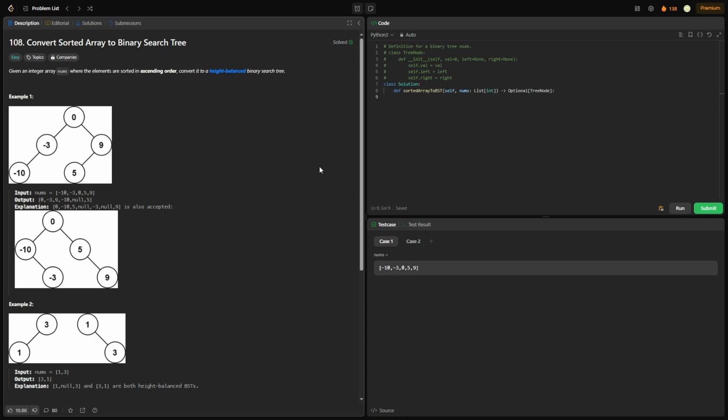What up, everyone? This is LeetCode 108, convert sorted array to binary search tree. So we have a sorted list as our input, right? It's just an integer array nums, and it's sorted. So we have to take this array that's sorted, and we have to convert it to a binary search tree